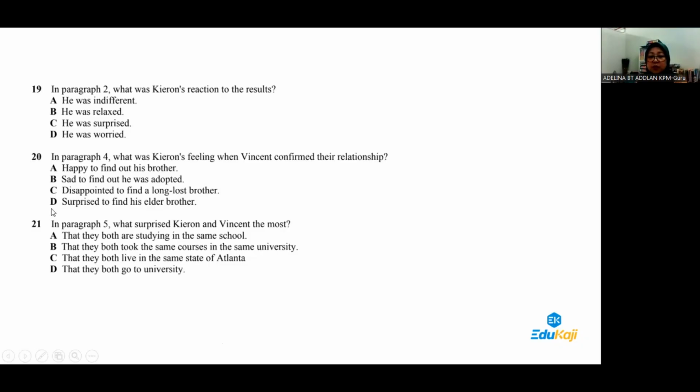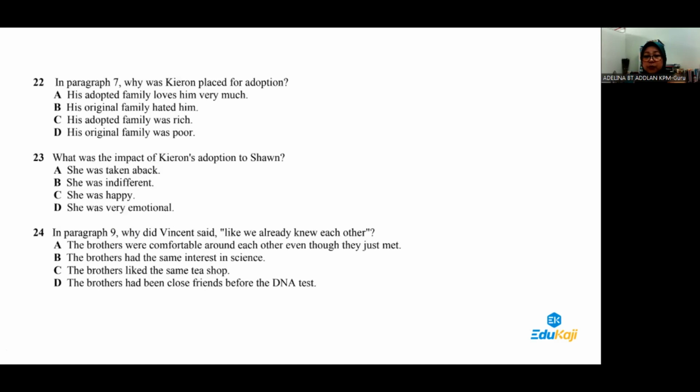Same goes with question number 20. Question number 20 also will tell you which paragraph to go. So refer back to the paragraphs, right? Same goes with question 21, refer to paragraph 5. Okay, so probably if there are 8 questions here, the first 3 or the first 4 questions will tell the students where to get the answer, which paragraph to go, and refer to. Alright, see, 4 questions. The first 4 questions is asking the students to look at certain paragraphs.